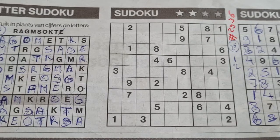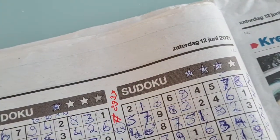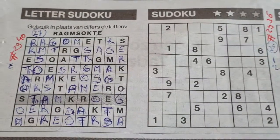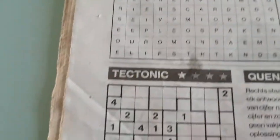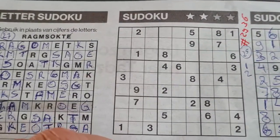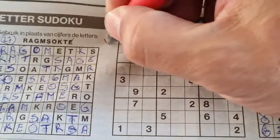A two-star Sudoku we have here, in yesterday's newspaper of Saturday, June the 12th, 2021. In addition, we have two Sudokus left: a Sudoku with 2 stars and a tectonic one. So I will continue now with the 2 stars Sudoku, and this one will be number